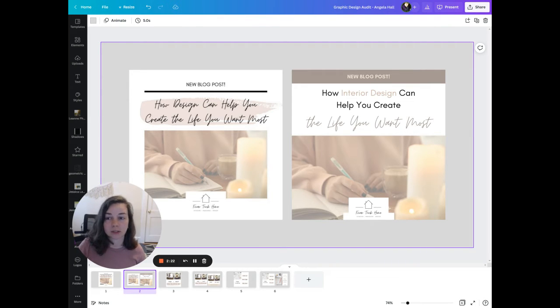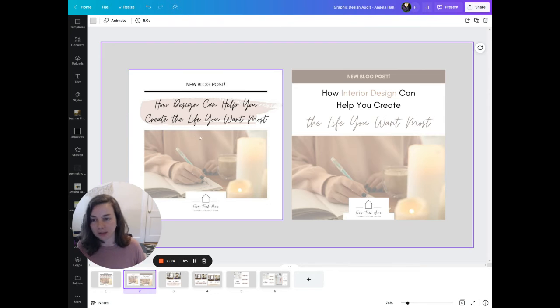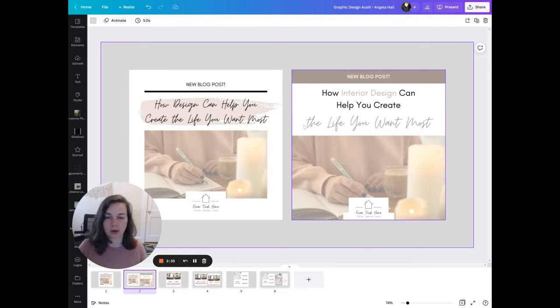Personally, reading the headline on the left here, I have to look closely at each word: how design can help you create the life you want most. And over here, I can scan it more and see, okay, how interior design can help you create the life you want most. I know I just read it twice and it sounds the same, but I hope that you're seeing